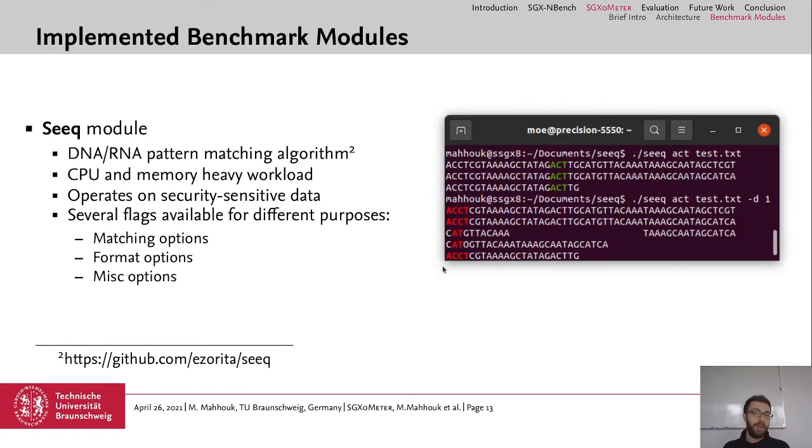And now we come to the implemented benchmark modules. As we mentioned, we offer a set of SGX-suitable benchmark applications. And one of them is Seek. Seek is an open source library for DNA RNA pattern matching algorithms. It does CPU and memory heavy calculation on given DNA sequences. Since it operates on DNA sequences, we consider this as security sensitive data, and therefore we ported it first into SGX and then added it as a module to our